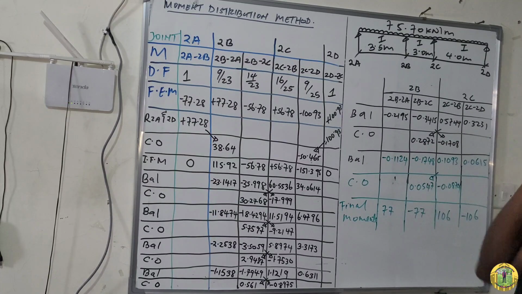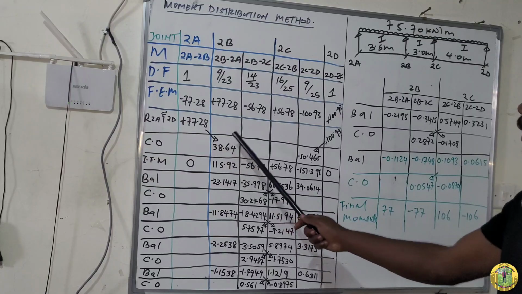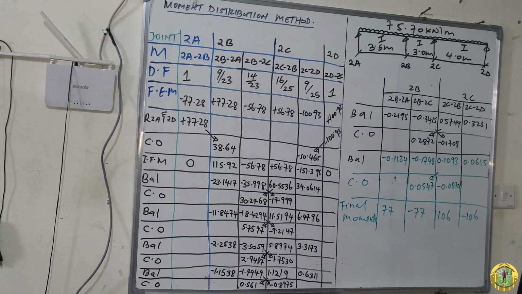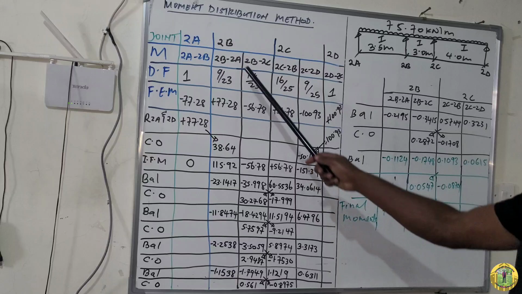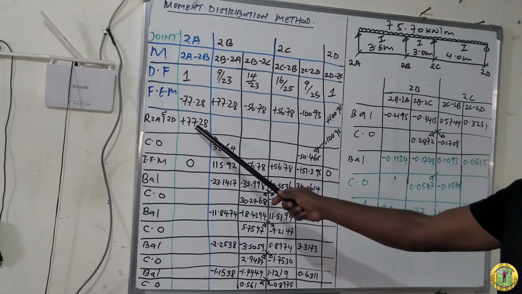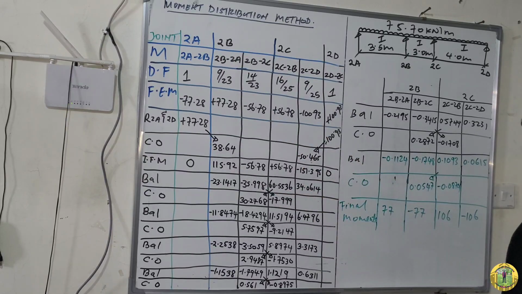And then what follows next is to carry over. Immediately after you have released or balanced, you are supposed to carry over a half of the value here to the next opposite member. So the next opposite member is 2B, 2A. So a half of 77.28 is 38.64. And then a half of negative 100.93 is negative